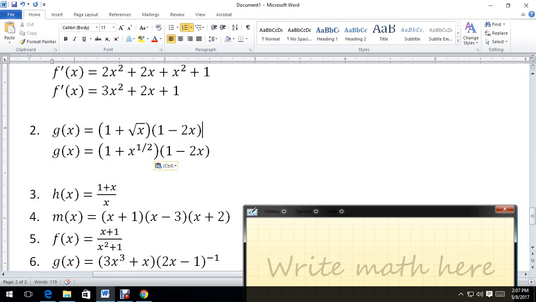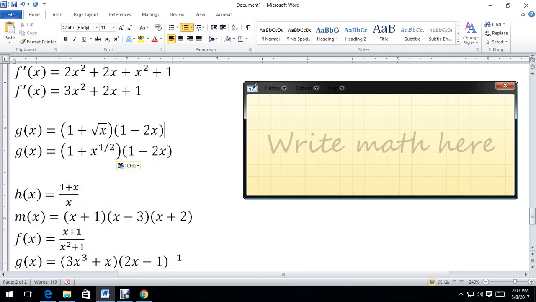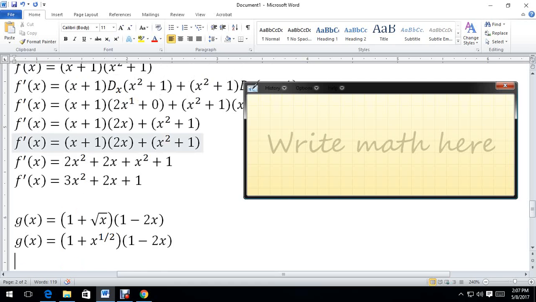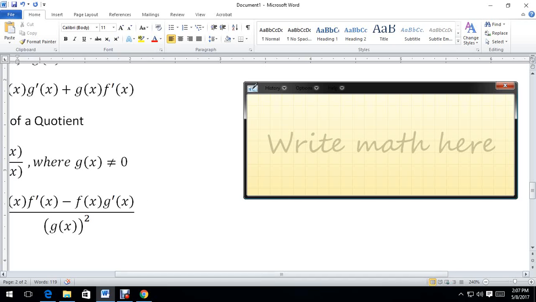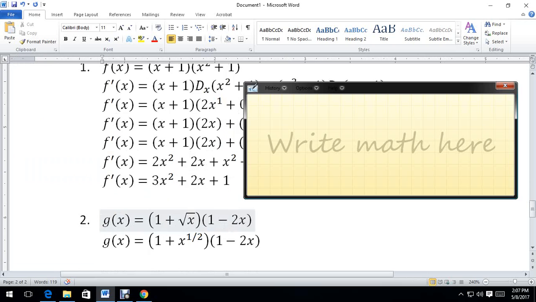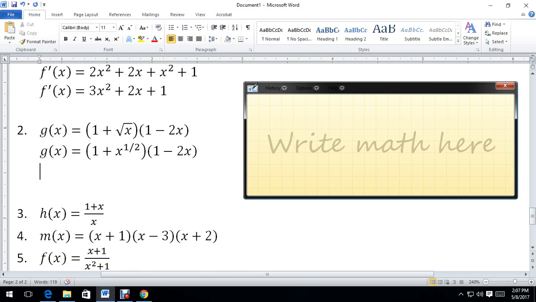Before doing the actual process of differentiation, again, the differentiation process for the derivative of a product goes with the first expression referred to as the first, and the second expression referred to as the second. So just like the theorem says, the derivative of a product is first times derivative of second plus second times derivative of the first. Okay, so performing this process for g prime of x for number 2, we have